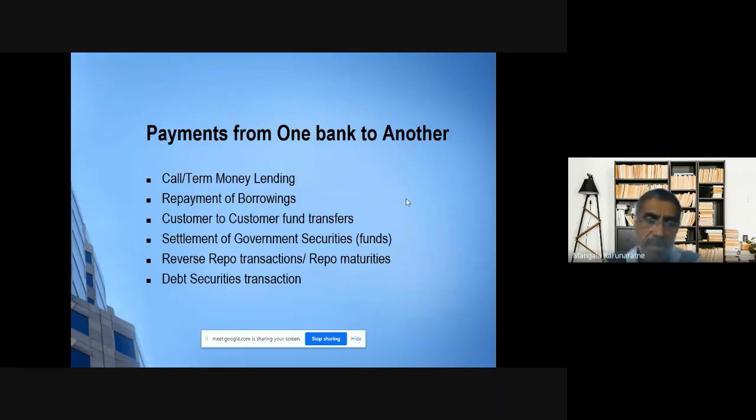As I explained, a customer of a bank wants to do a fund transfer for another customer in another bank. So that also will be affected through our central bank account. And settlement of government securities. Right now here I have mentioned funds, because when you buy government securities, the funds can be settled through these payment systems, right? There are other ways of